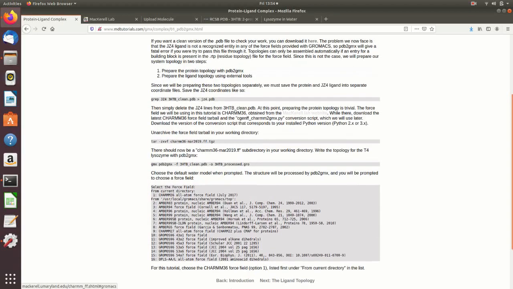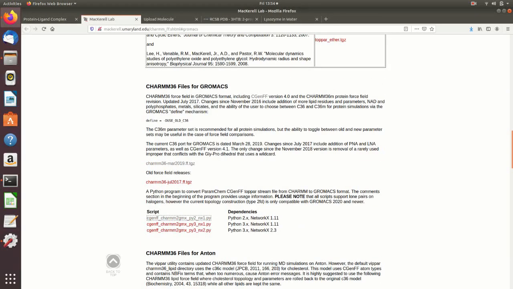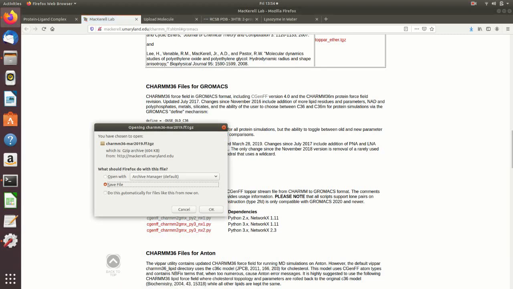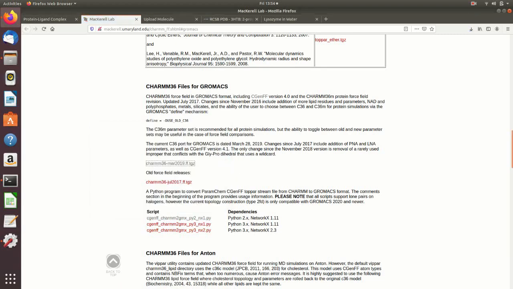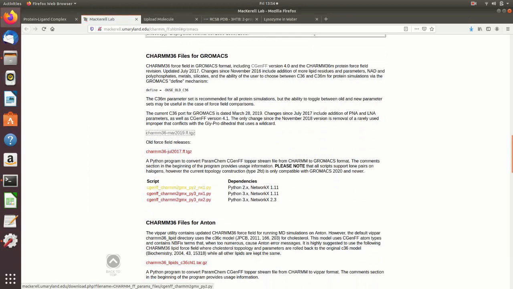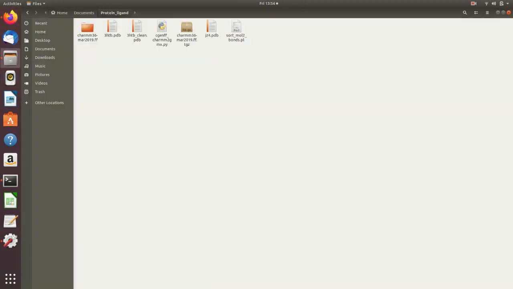So we can see the MacKerell Lab website link over here. You can just go on to the link and download the CHARMM36 force field, and also download a script called cgenff_charmm2gmx, this one, and then paste them both in your working directories.